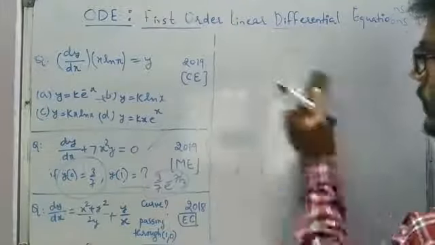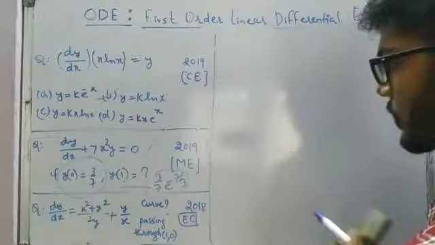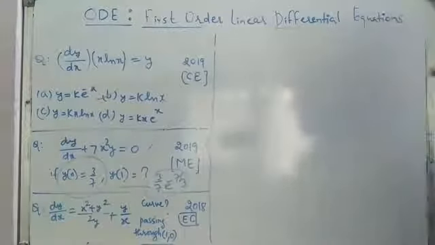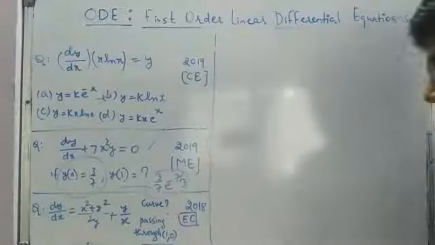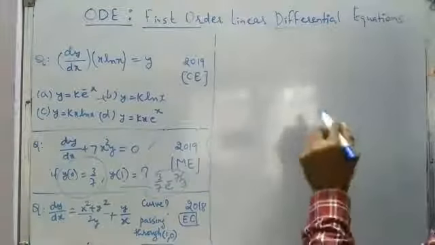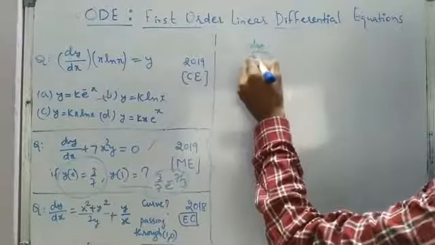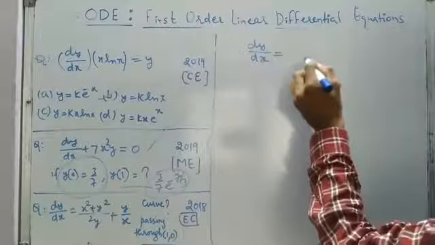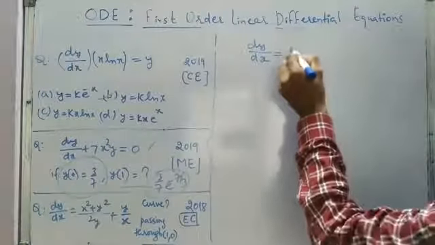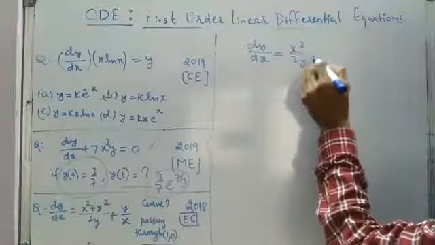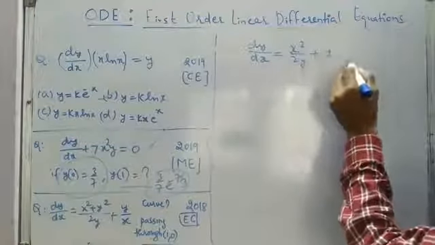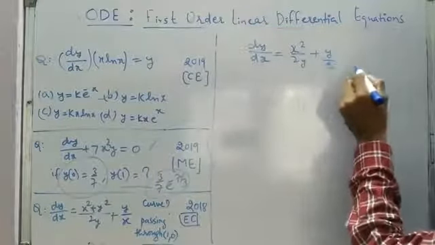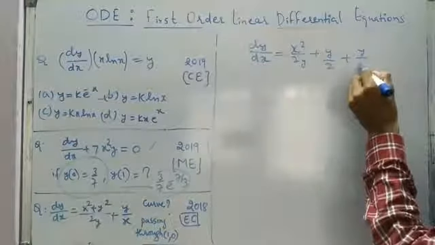And the final problem, the third problem, was asked in GATE 2018 in EC, and that is one of the good and typical problems. So we have to be very careful while solving that. So dy by dx is equal to x square plus y square upon 2y. So let's divide by 2y. So x square upon 2y plus y square upon 2y. So y by 2 plus y by x.